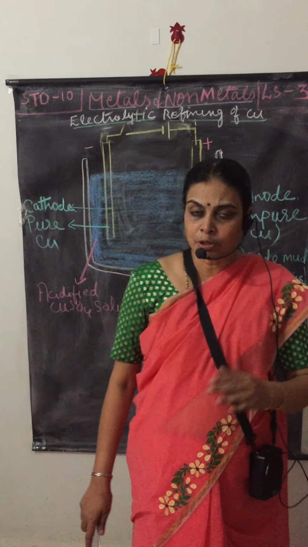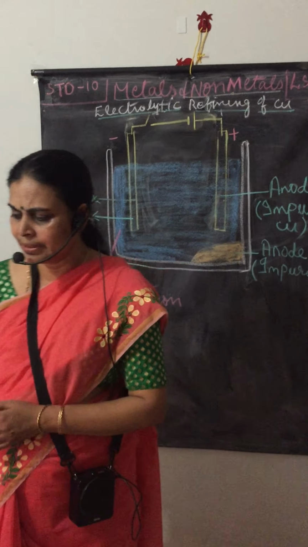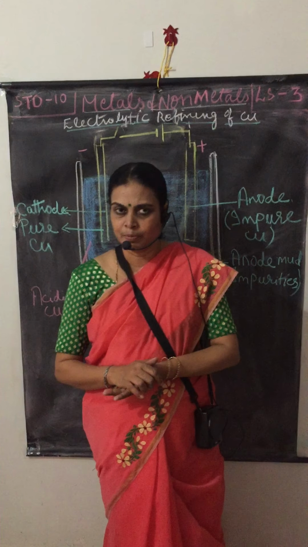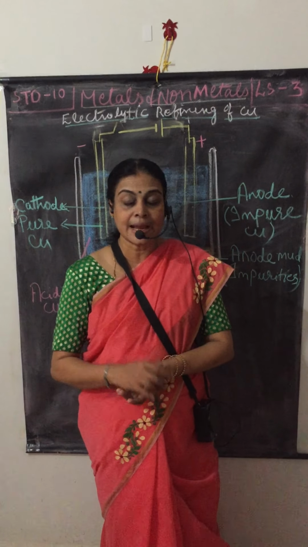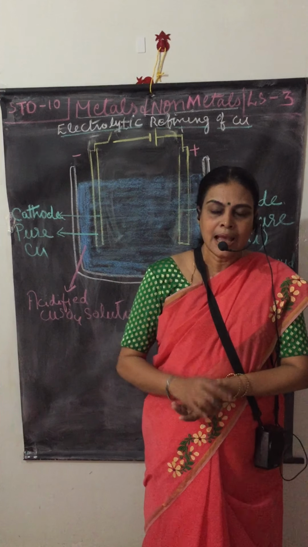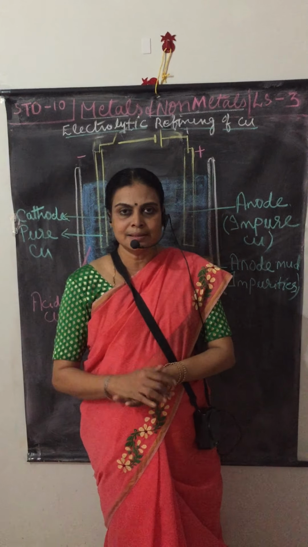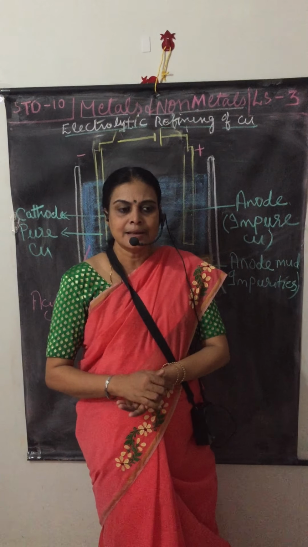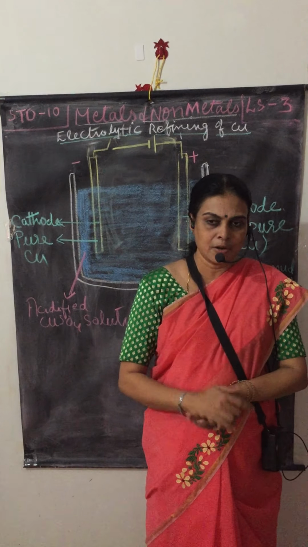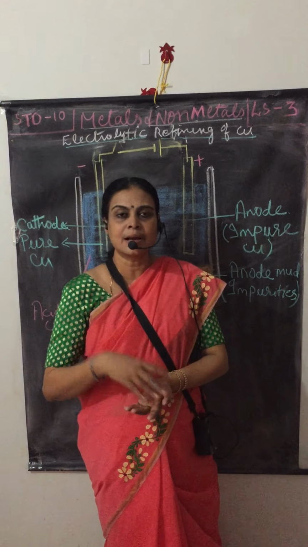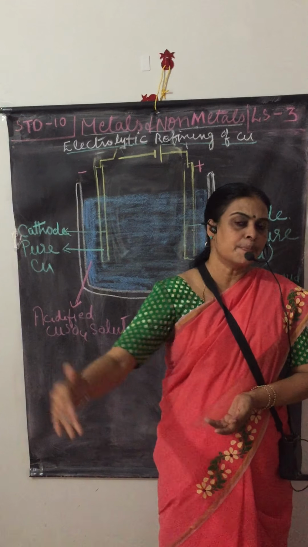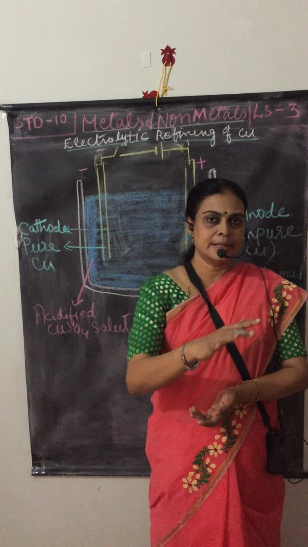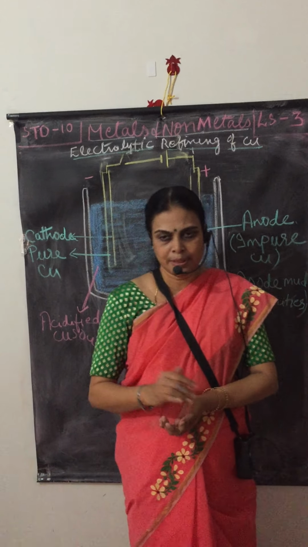Now let us discuss corrosion. Everybody knows that silver articles, when exposed to air, become black in color, because silver combines with hydrogen sulfide present in the atmosphere. Then iron gets rusted when it is exposed to moisture. And you can see that a copper vessel, after some time when exposed to air, combines with carbon dioxide and forms basic copper carbonate, and green patches are found. Now how do we control this corrosion? The prevention of corrosion is very important.